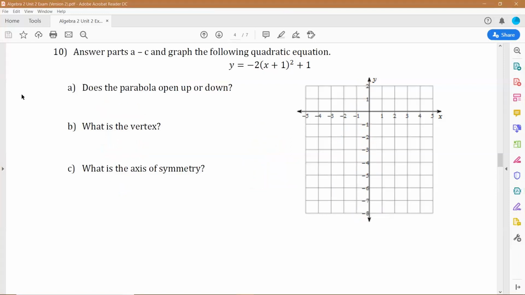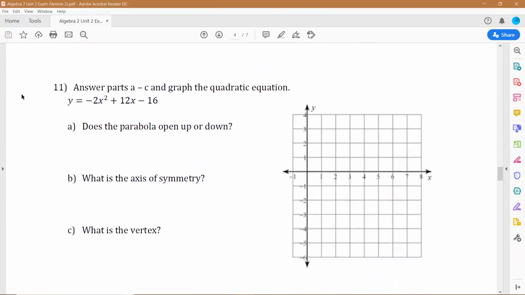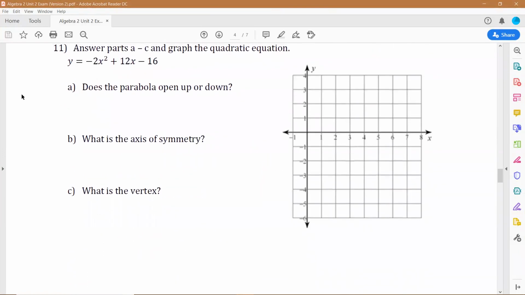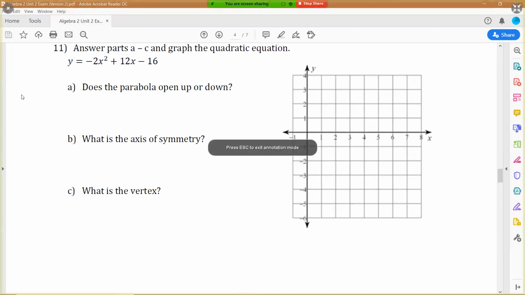All right, question number 11. Again, we have another quadratic equation, but this time it's written in standard form. So in standard form, you have to find the vertex. To find the vertex, you've got to first find the axis of symmetry. Well, take that back. First thing we need to do is answer part A. Does your parabola open up or down? Again, that's always the first number, or A. So this one, since this is negative, this parabola will again open down